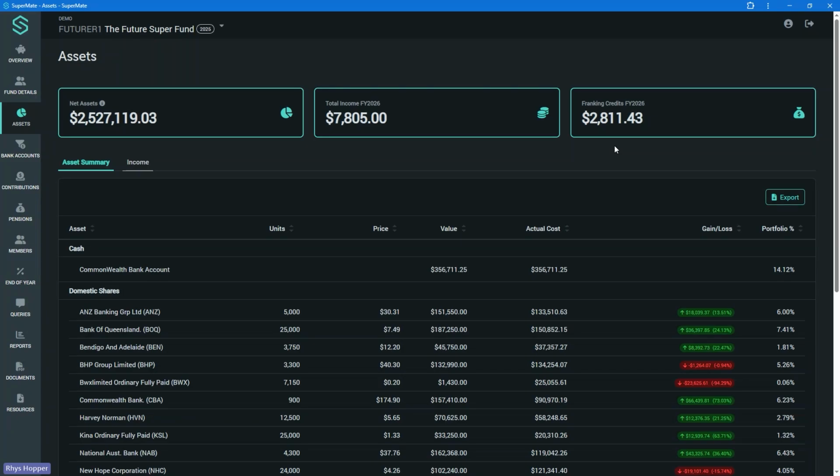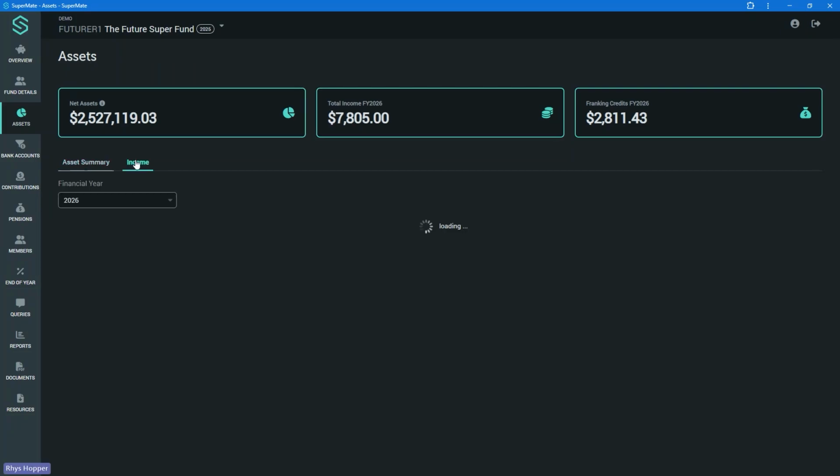Those were the type of questions I was fielding. The other item we've added to the asset summary section is the portfolio percentage, so that now they can see how much of the portfolio an asset contributes to. You can see here, Commonwealth Bank, they have 14.12% in cash. We've added an income tab,